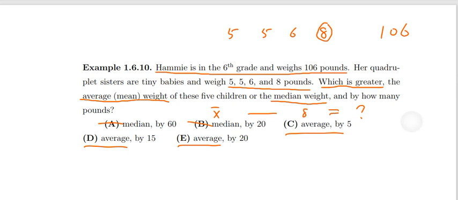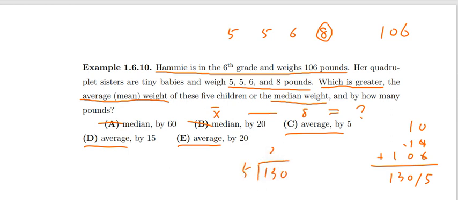Let's say 5, 5, 10. So this is 14, or 106. Oh, this average is just add them up. Okay, 130. So 130 divided by 5, the average is equal to 26. So we say the average is 26